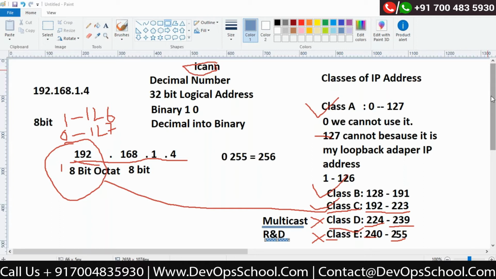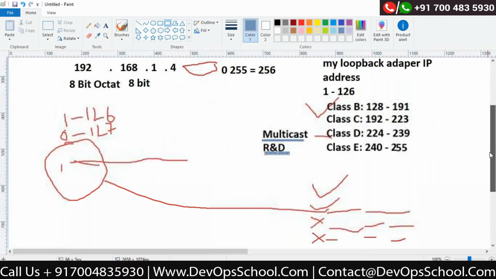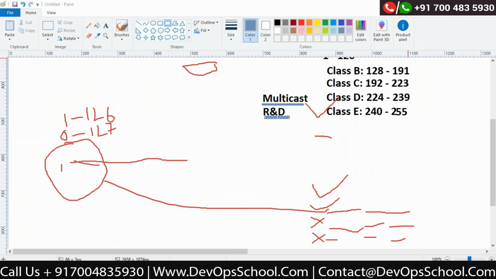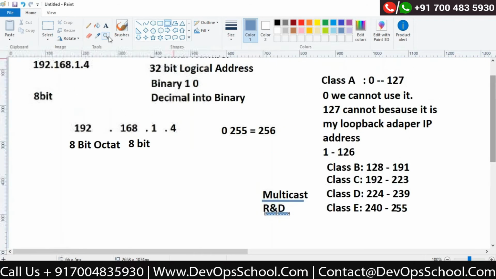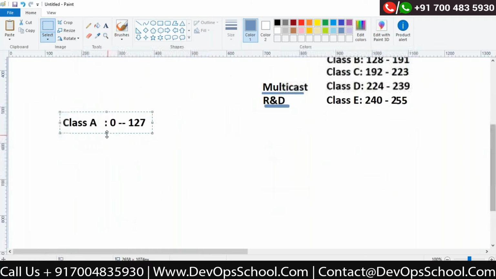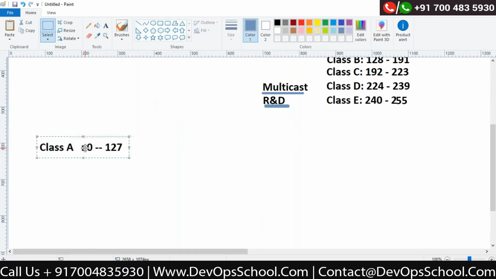Now remember that we will take one class at a time and understand how this particular class is configured, and what rules and regulations are available for each and every class. Okay, so let's take class A. This is the official option which we have. So what are the characteristics or rules available in class